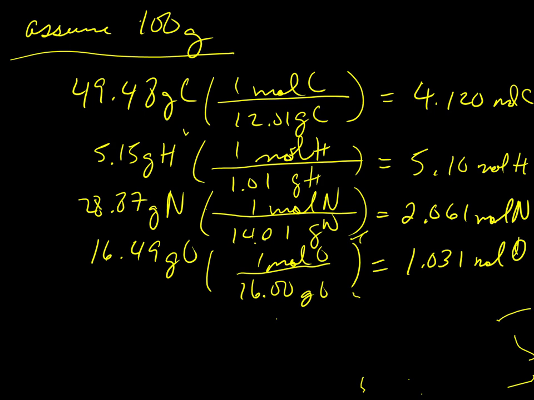Everybody okay with that? Simple math, change grams into moles. Now we want mole ratios. Which of those moles is the smallest? Moles of oxygen. So I'm going to divide the other 3 by moles of oxygen. So if I take 4.120 moles of carbon and divide it by 1.031 moles of oxygen, I get